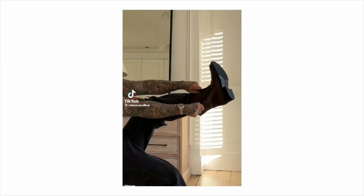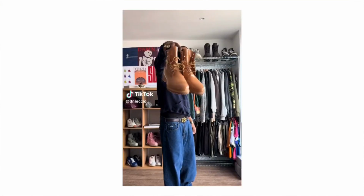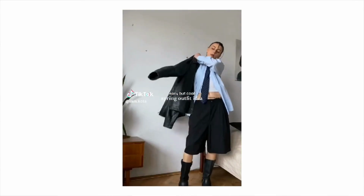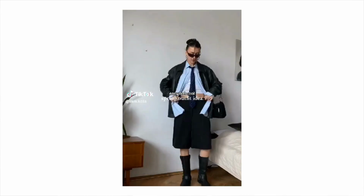Now 2023 and 2024 have possibly had the most interesting style evolution in recent times. Many trends have appeared and many boundaries have been pushed, one of which is the styling of boots. Recently, it seems boots have become more than just a winter staple item. People have come up with creative ways to make these an item of footwear that isn't just for the colder months of the year, but something that can be styled in the spring and summer as well, making them incredibly versatile. So in today's video, we are going to take a look at some of the best pairs of boots